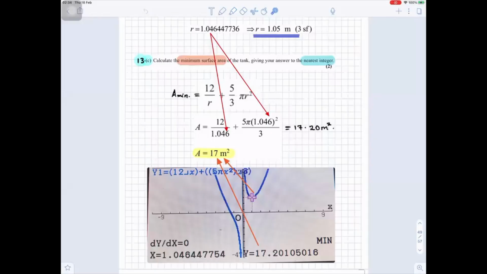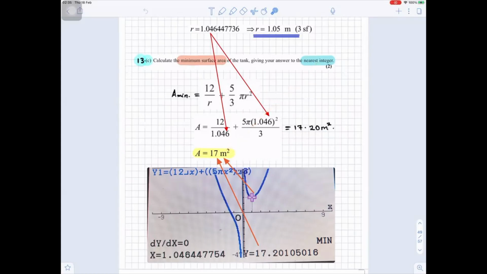For 13C, calculate the minimum surface area of the tank, giving your answer to the nearest integer. So we have the formula for area, A minimum. So we had that radius 1.046. We sub in the value for the radius there. Put that in the calculator, you get 17.20, which to the nearest integer gives you